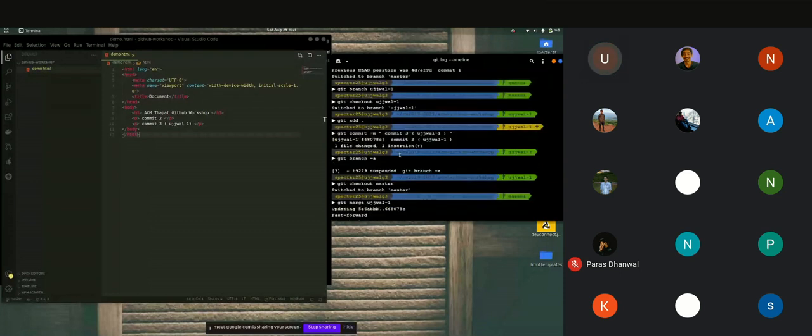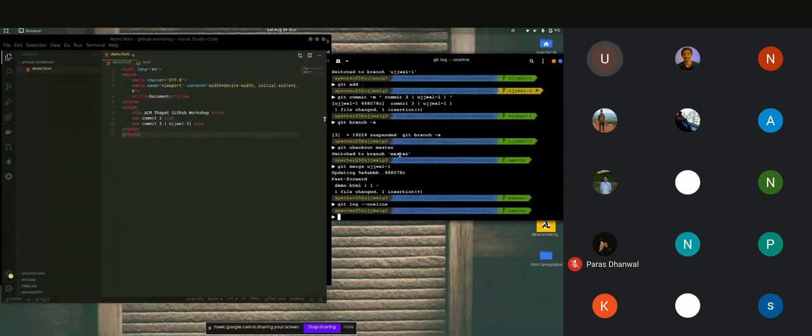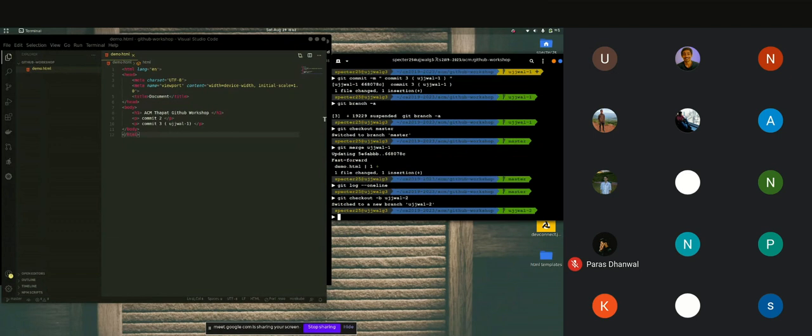So now I want to create that branch and check out using just one command. The shortcut command is git checkout -b Ujjwal 2. So we are creating a new branch named Ujjwal 2, and we are checking out to the new branch using the same command. See, so we switched to the new branch Ujjwal 2. I created the new branch and switched to it using the same command.